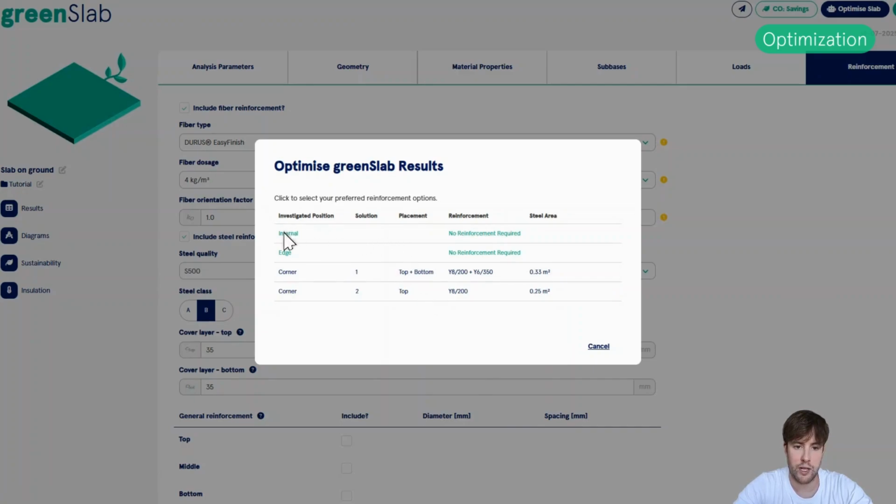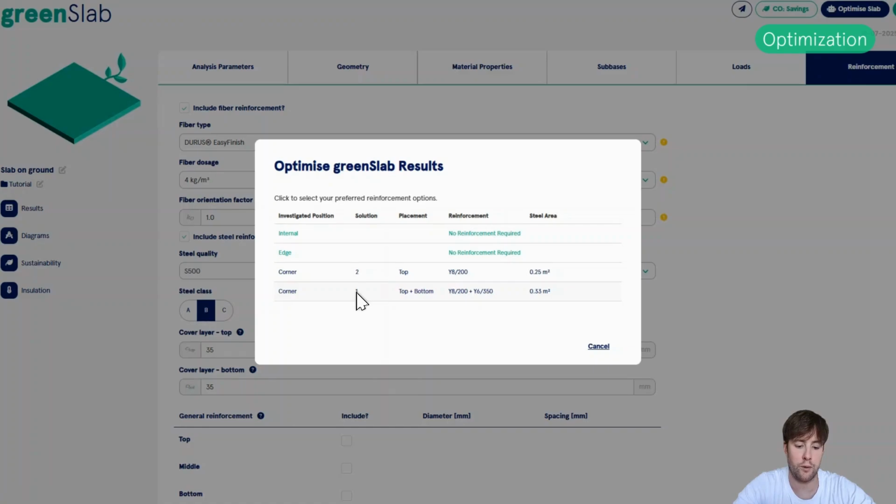As expected, it will say that the internal and edge part of the slab will not require any steel reinforcement because we had fiber reinforcement, but at the top, and we can sort this by steel area, so it will come up with up to 3 solutions, one with steel both in the top and bottom, one in the top and one with steel in the bottom.